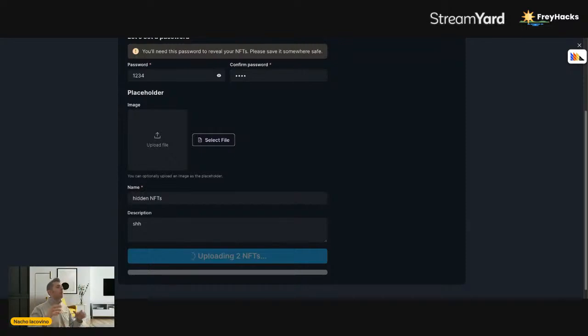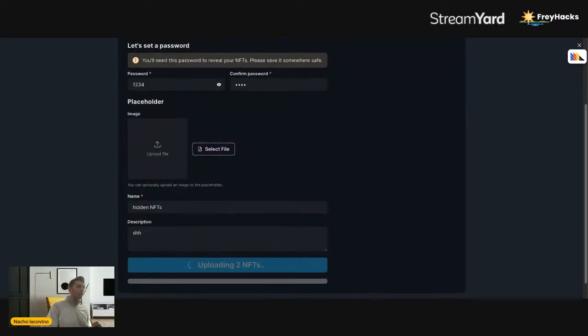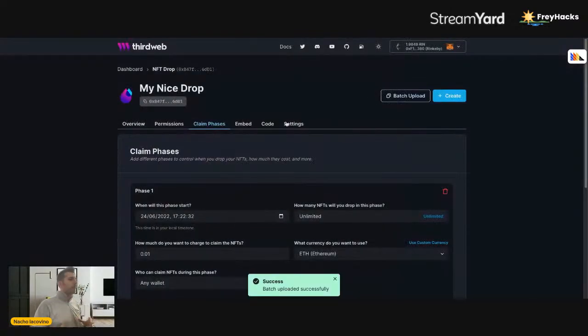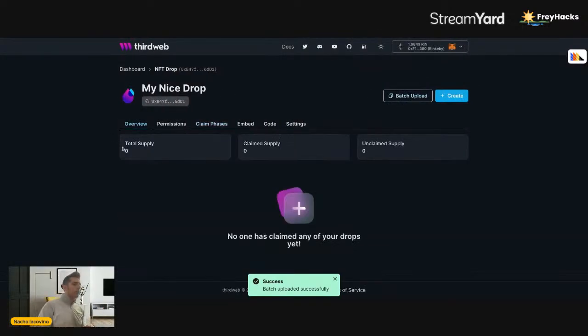So this will replace every single NFT with this kind of placeholder until you actually decide to go ahead and mint. So we're gonna upload these two NFTs that we added on the previous step, but we're gonna hide them. So we see batch uploads upload successfully. So we come here,